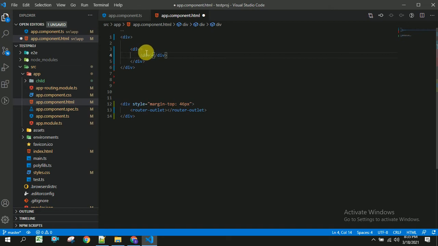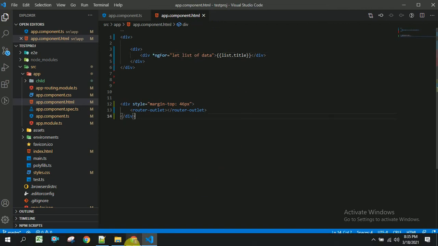So this is the main div, and inside this is the child div, and here I am going to use ngFor in order to loop the data. So let list of data, and I will show this title to check whether it's working or not. list.title. Let us save this.